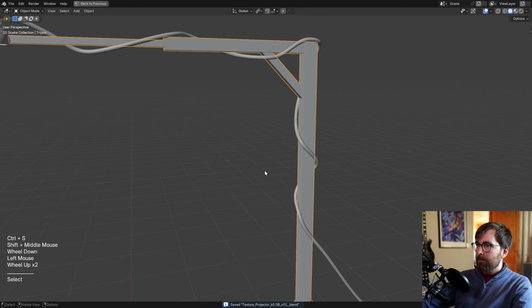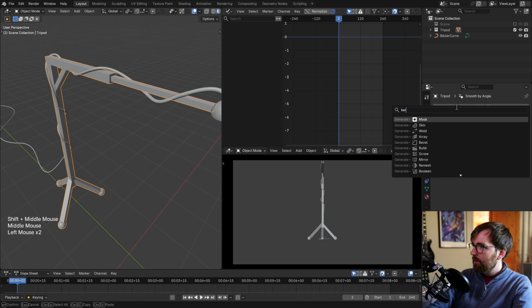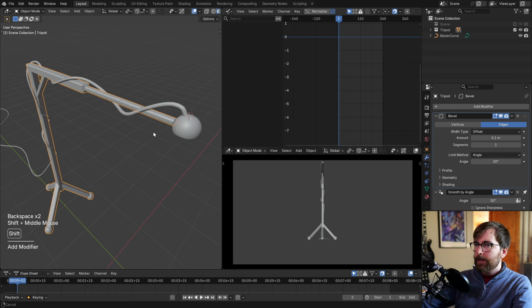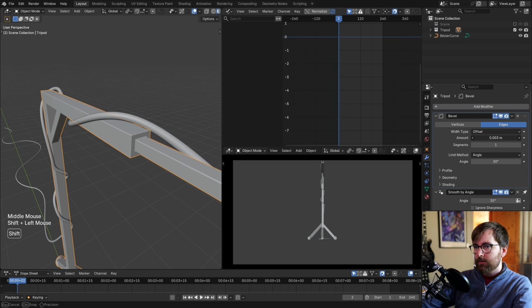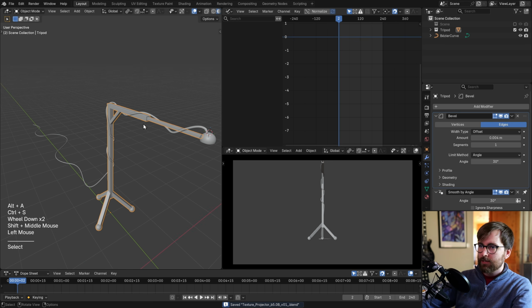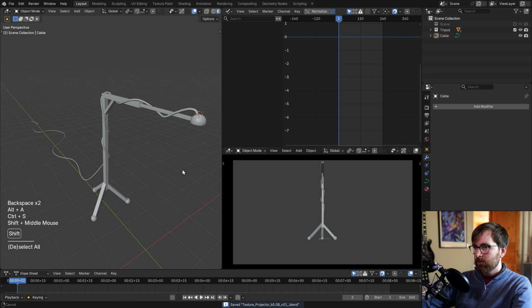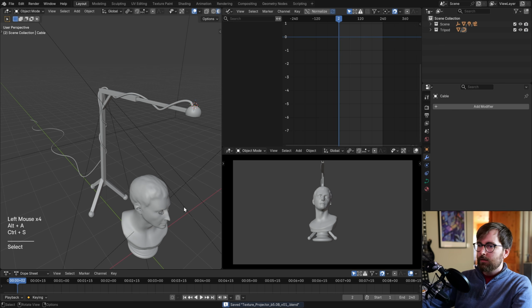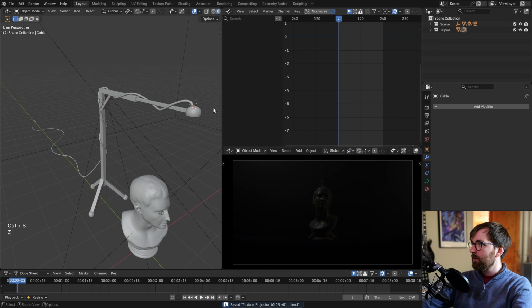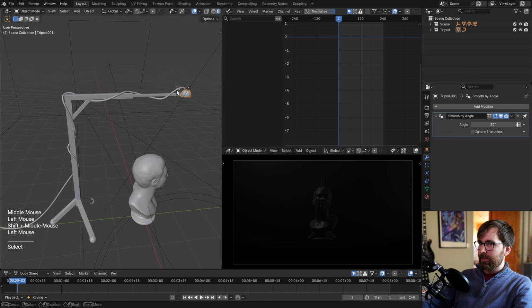Nice. Okay, maybe we can add a bevel modifier just to. Does that even work? Yeah, and make it really subtle, so we get maybe some highlights here and there. Okay, so this is our tripod, and then let's call this cable. And if we bring back our scene, set this to rendered view. Oh, now we can't see this anymore because we need to move our